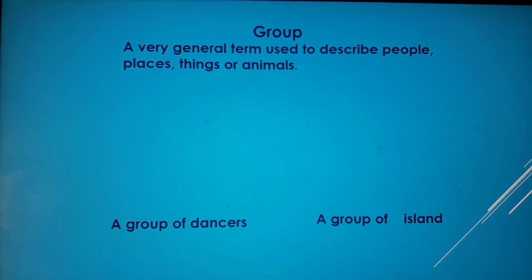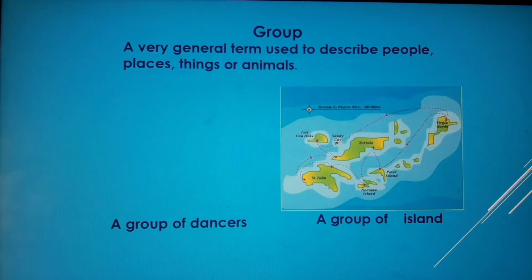Now, generally we are going to learn the collective nouns. First, group, a very general term used to describe people, places, things or animals. So here you can see two collective nouns given. The first one is group of dancers, a group of dancers, and a group of